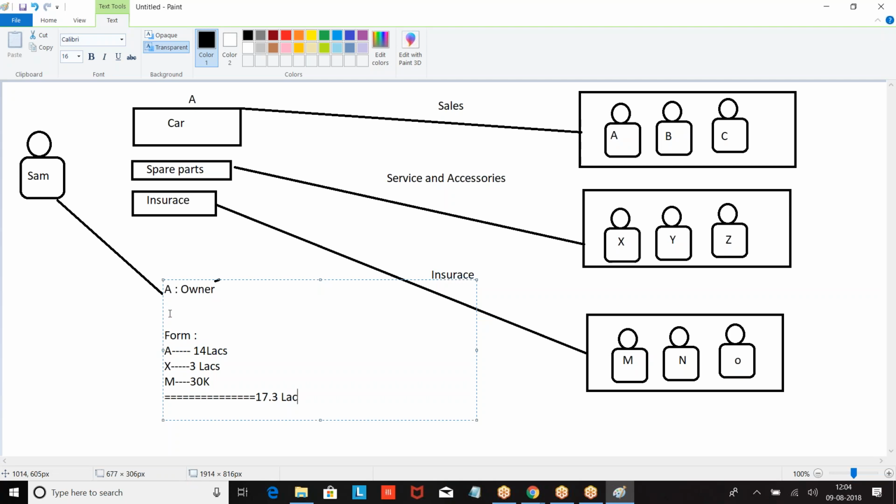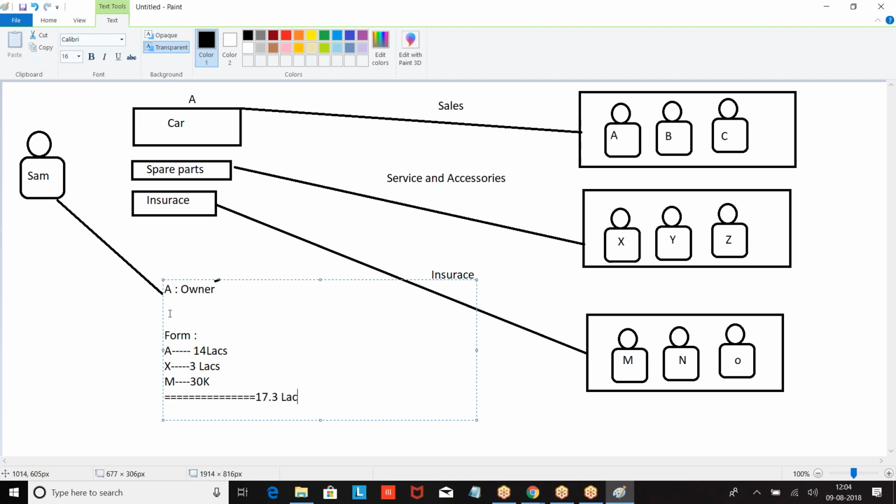Now the customer will not speak to A, X, Y, M. He only speaks to A. He says, boss, you tell me a final price. You are the representative. You tell me what is the final price at which I can get it. Then A will take the responsibility, form the team and give the position. But who is the person closing this opportunity? A. But he is making a team sale.